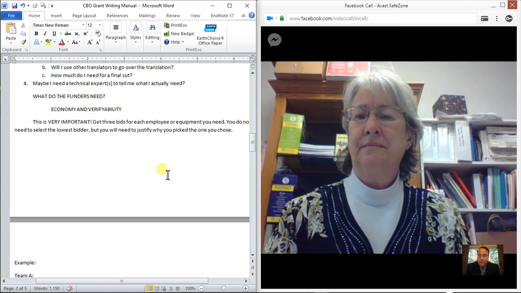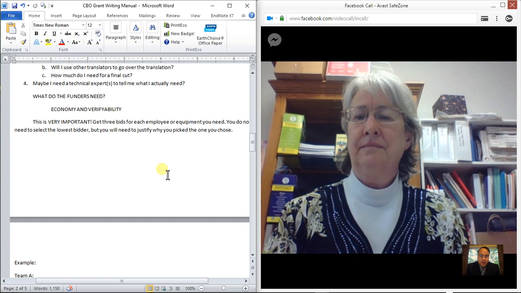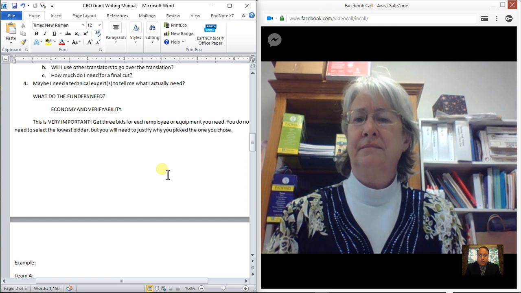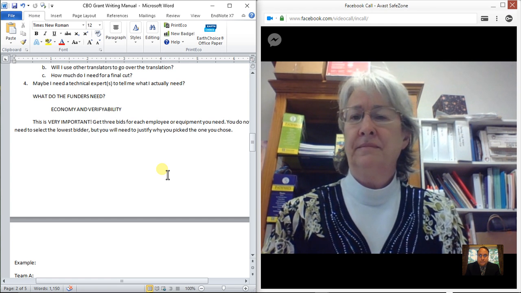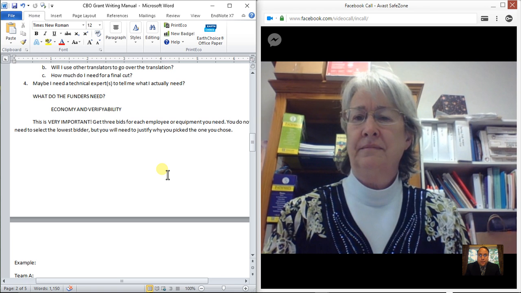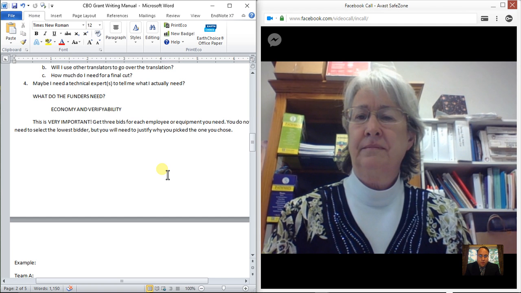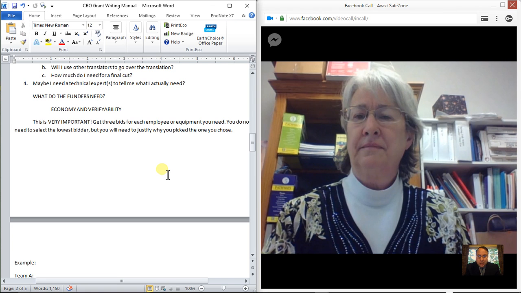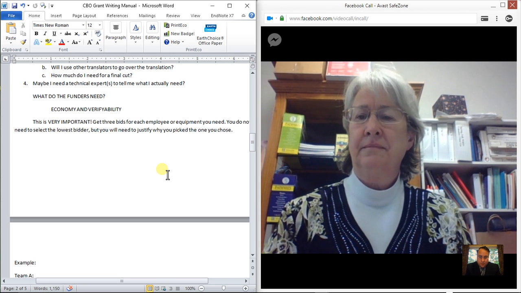So let's say you find a funder, XYZ Corporation, and they want to help schools. They want to help children enjoy outdoor education. Now, you need a security fence around your school. So you want them to be able to spend time outside in your little gardens or playing outdoors.